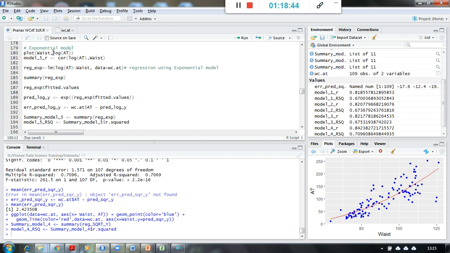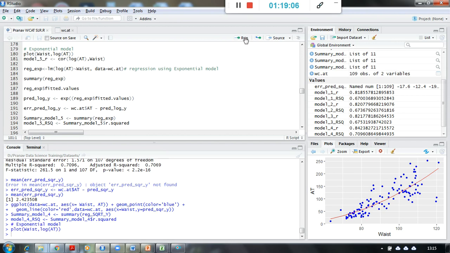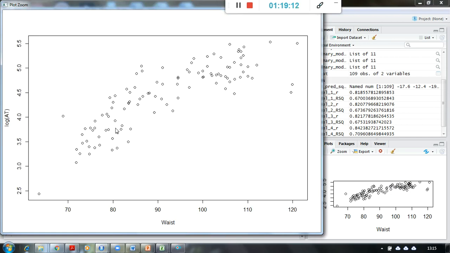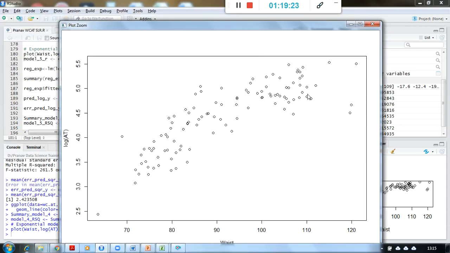So what I'm going to do here is take a log on AT, and because I'm transforming my y variable, as I have just discussed, we have to back transform it, and the back transformation for log is going to be exponential, right? So if I use this relationship, look at the plot. This is the West versus log of AT relationship, the scatter plot. Yes, there is a relationship, and you can clearly see that a curve formation is happening over there. This side it is a reverse curve. So it's like this.